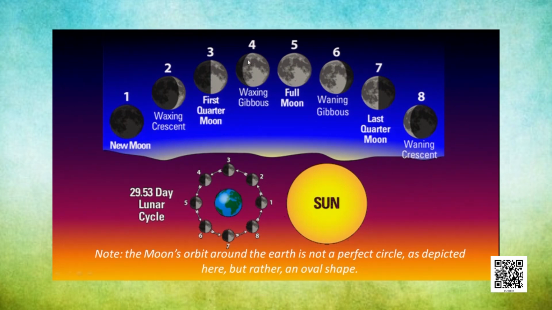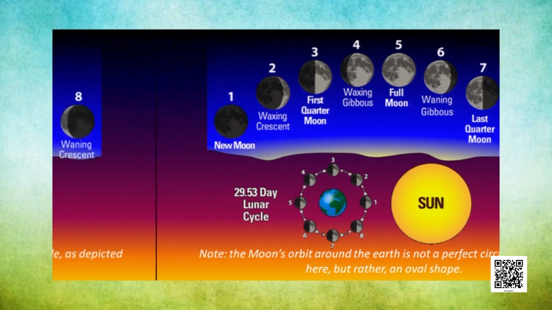Then from this waxing of this full moon, that is waxing of moon, comes waning of moon. Again, over the next 14 days the size of the moon becomes less. See here, again due to this angular position we come back to the new moon position. This is how the phases of moon appear.